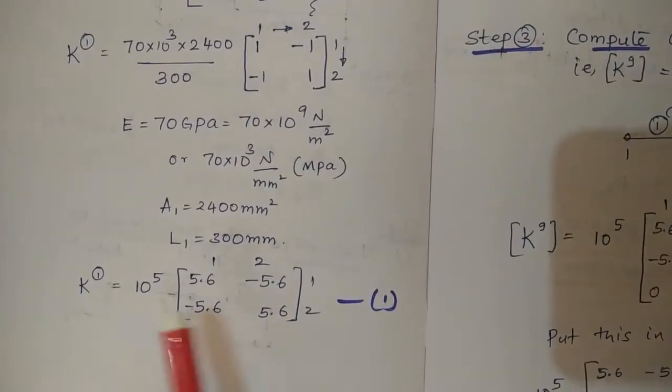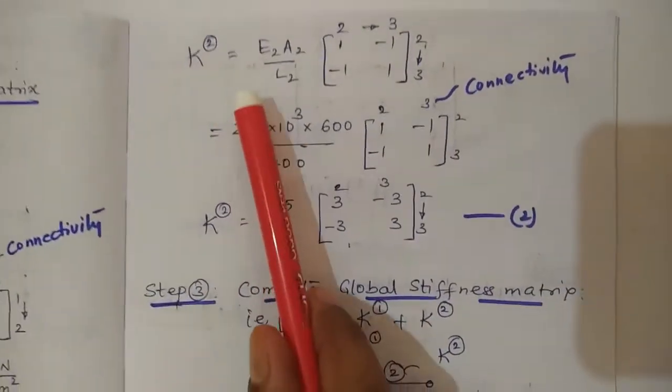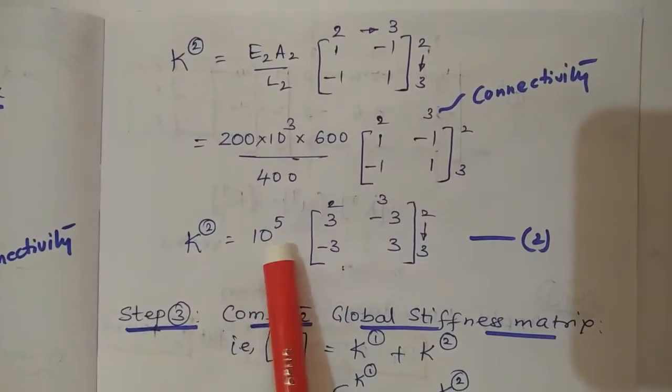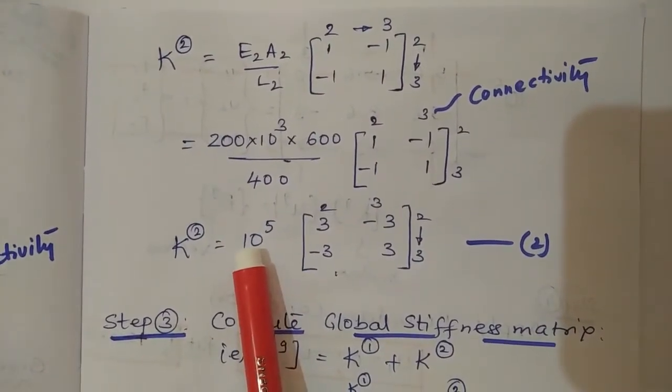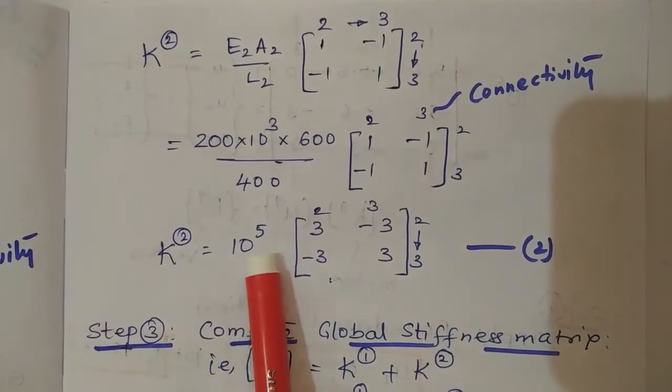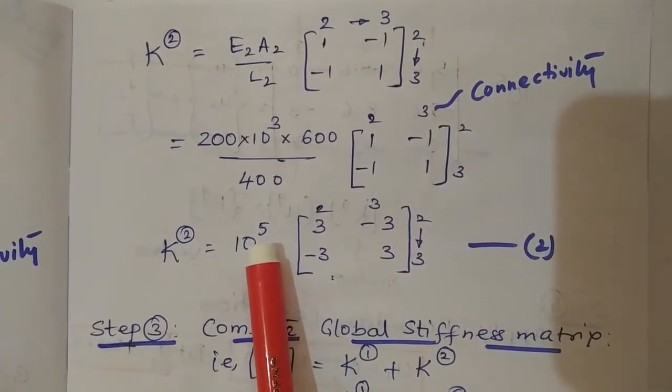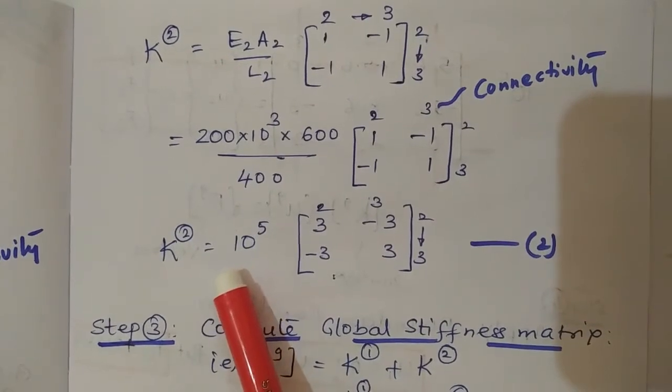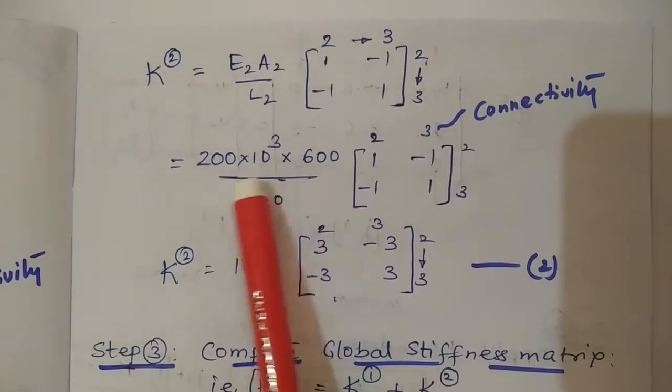So this simplification is very important, you need to keep it in mind. Make sure that you do not miss out the 10 power 5 while the final calculations are done. Most of the students make a mistake here. They somehow skip this as they move ahead in the steps of the hand calculation.